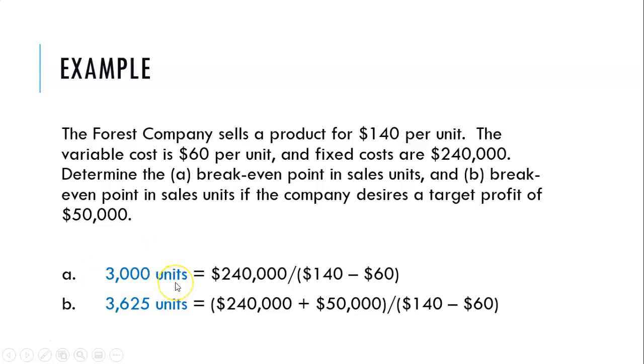Now, if we want to have $50,000 of target profit, we'll take our fixed costs of $240,000 plus our target profit of $50,000. We add those together. That's $290,000 in our numerator and the $80 in the denominator, and we get 3,625 units. So we need to